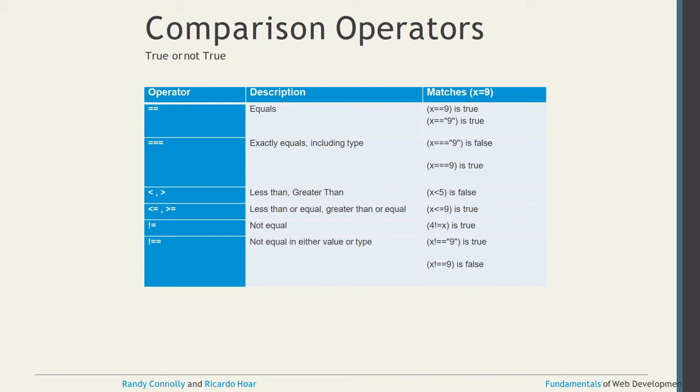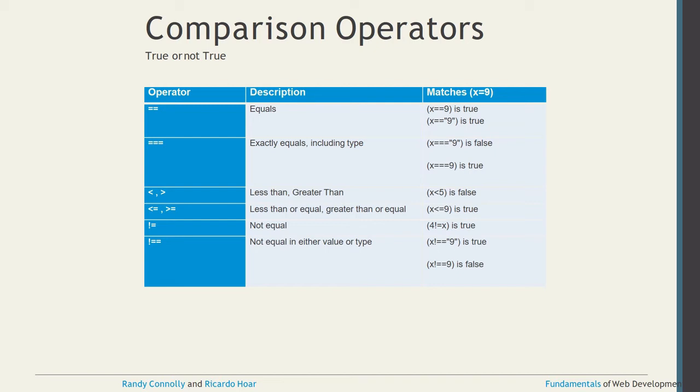Okay, so the next thing is the less than and the greater than, which work the same way. X less than 5. The greater than symbol we can change in the other direction. Same way, there is less than or equal to, otherwise greater than or equal to. This will check less than and also equal to, otherwise greater than and equal to that number also. Another one is the not equal symbol.